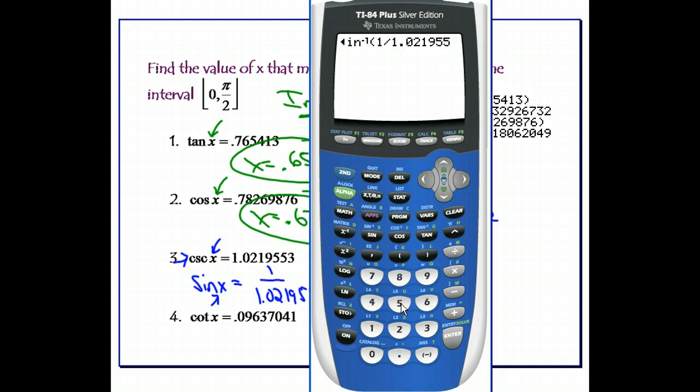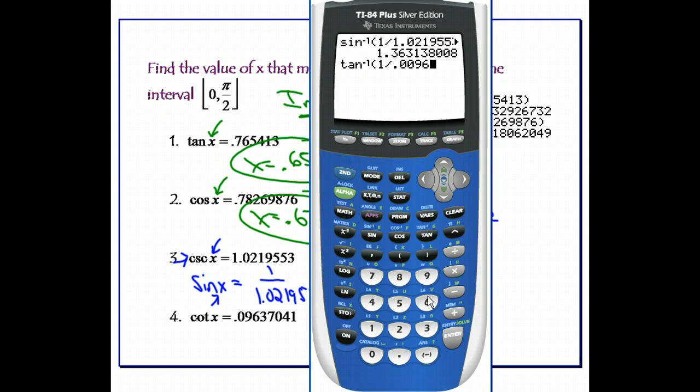19553. And this will give me an angle for an answer. What does it give me? 1.36 radians. The same thing for the next one. I'll take the tangent inverse. And you might think, well, wait, aren't you doing the inverse first? No, you do inside the parentheses first. So 1 divided by, what's the calculator doing? It's doing the reciprocal first. 1 over